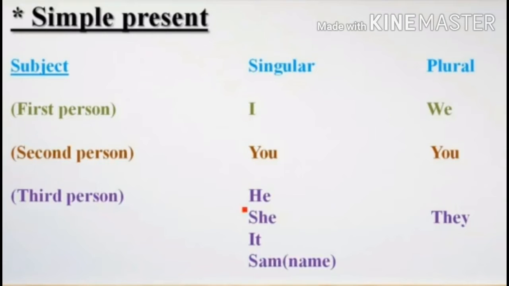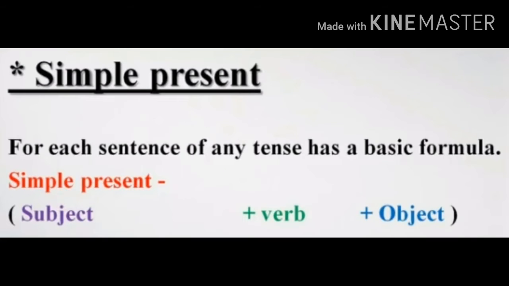So we have one format to write a simple present tense. Let us check the format here. For writing a simple present tense, the basic formula is subject, verb and object. Coming to subject, all the pronouns which we learned before: I, we, you, they, he, she, it, a boy's name, a girl's name, anything. That all comes under the subject. Verb, you know the verbs, the action words, the doing words: sing, drink, any verb. Object, according to the sentence you can add it.